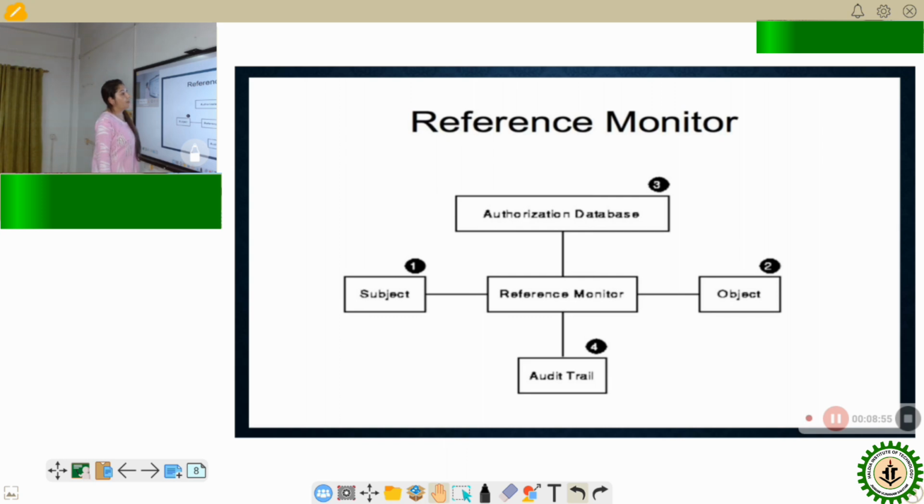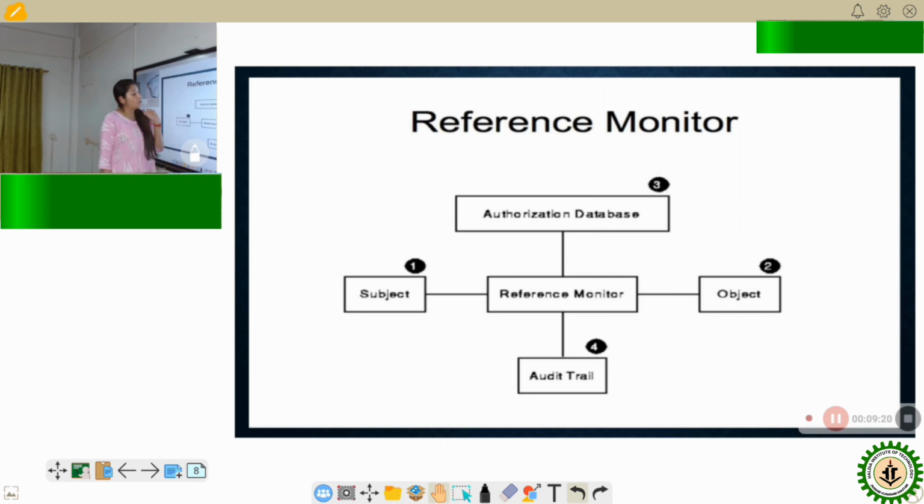Now coming to the reference monitor. The reference monitor is the actual entity or element which helps us to enforce all the security constraints detailed in any access control model. In the reference monitor, we have already discussed what a subject and an object are.